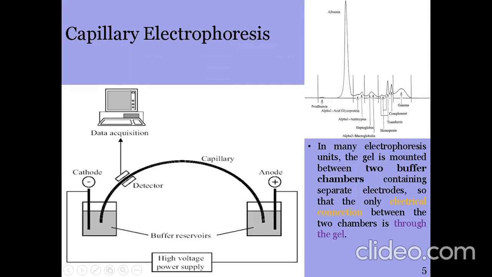In many electrophoresis units, the gel is mounted between two buffer chambers. These are buffer chambers 1 and 2, containing separate electrodes, so that the only electrical connection is through the gel, and that's it. So this is capillary electrophoresis, and this definition is actually for normal, common electrophoresis. And capillary electrophoresis is meant for specific types of settings,